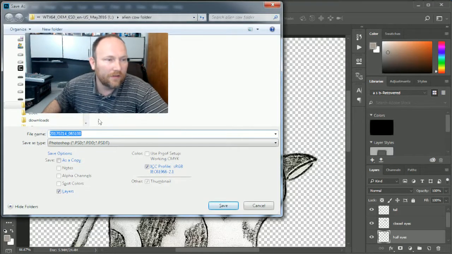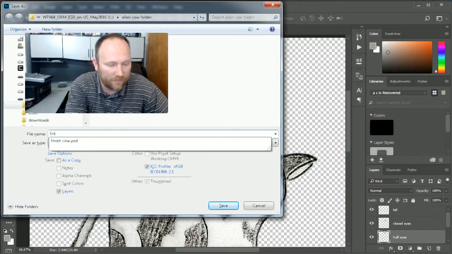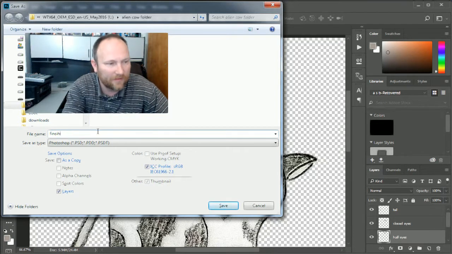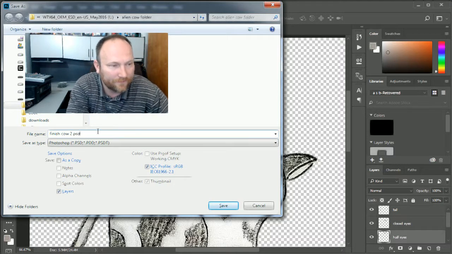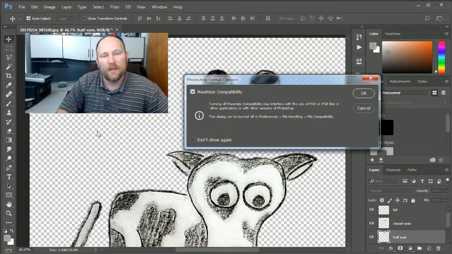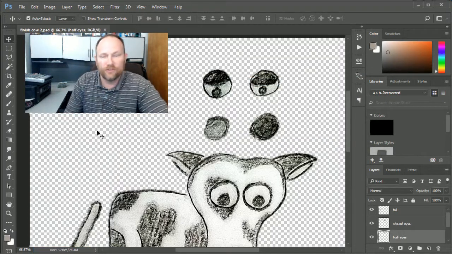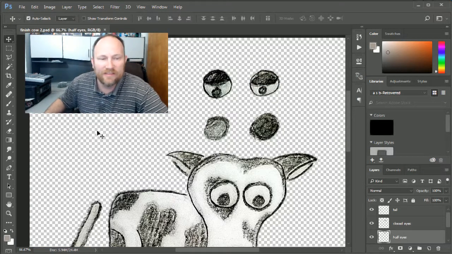All right. So this is another cow. I actually did one before this, but we're going to go ahead and save this one. I love this version of it. Finish cow 2. Now that I have that, I'm done. All right. I can go ahead and close this